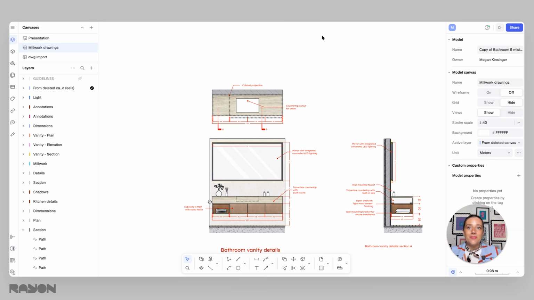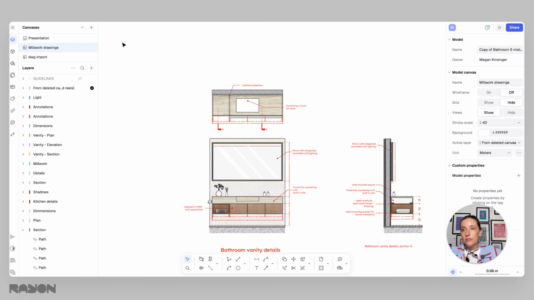and the contractors. The alternative is drawing every view by yourself, which quickly becomes very time-consuming and repetitive, especially in bathrooms where there are fixtures that need to be documented clearly. But the solution is easy, and it's just to use a consistent bathroom block library, which Rayon has plenty of. With Rayon's bathroom block library, you get ready-to-use fixtures that are already included in coordinated plan, elevation, and section views for elements like toilets, vanities, sinks, and showers, helping you keep your drawings clean, consistent, and much faster